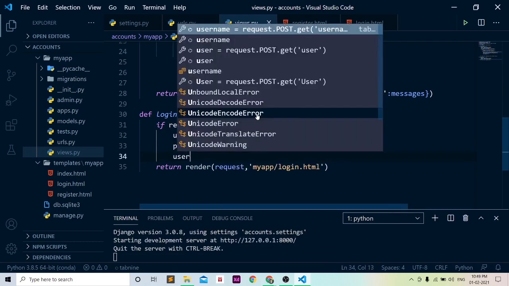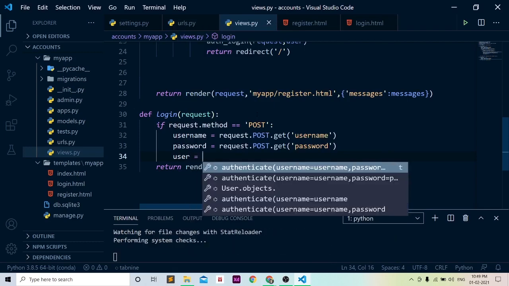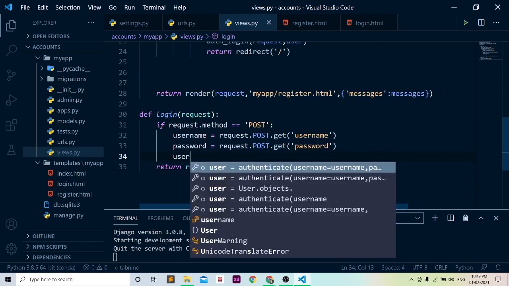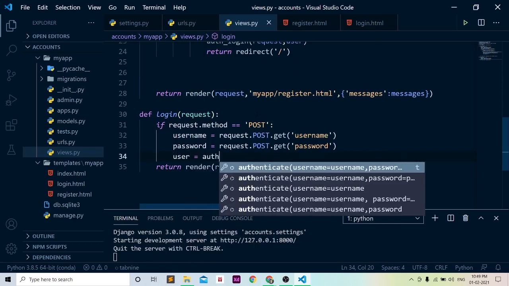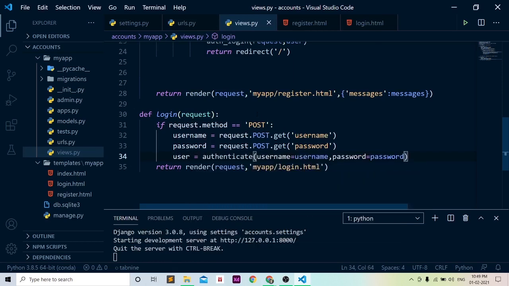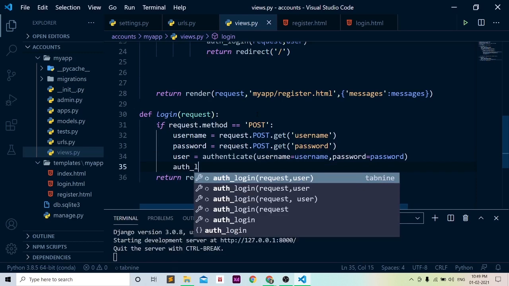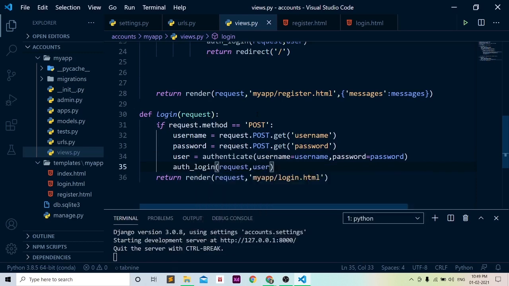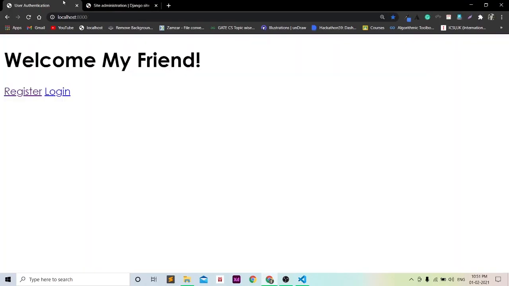Now user equals authenticate, username equals username, password equals password, and then we have to call login, which will take request and user. Okay, yeah, now we will log in.